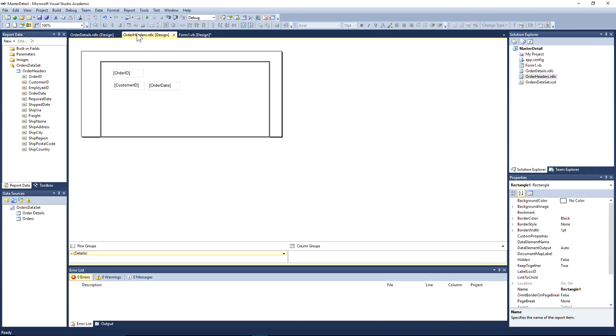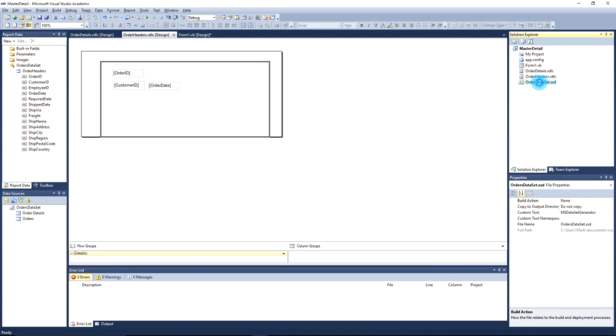We set up the handlers for the sub-report and make sure that we have a query that can distinguish only those order details that are equal to the order ID. That's basically just a quick overview of what we're about to do next. So we're going to start by creating a parameter query. And the way we do that is we double-click orders data set to call up the